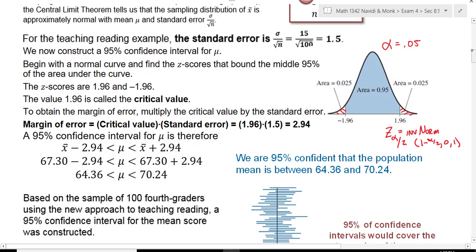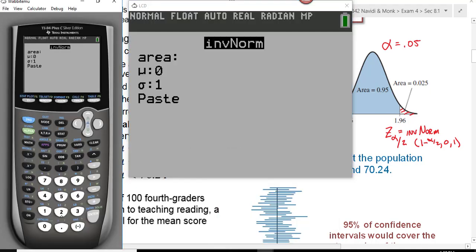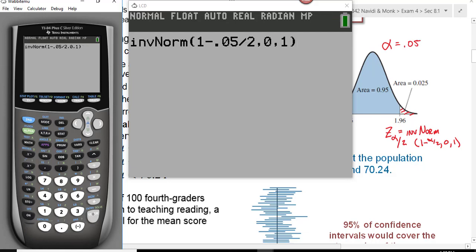That's why for my area in the inverse norm, I have alpha divided by 2. Because alpha is 0.05, this area right here would be half of that. And that gives me this critical value right here on the upper end. Let's look at it on our calculator. So I would go to inverse norm. My area would be 1 minus 0.05 divided by 2. The mean is 0, the standard deviation is 1, and when I hit enter, that gives me my critical value